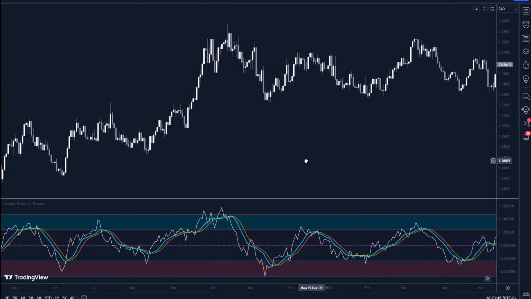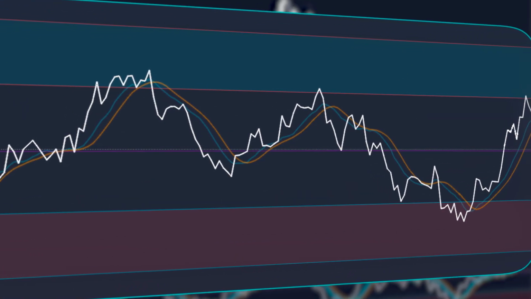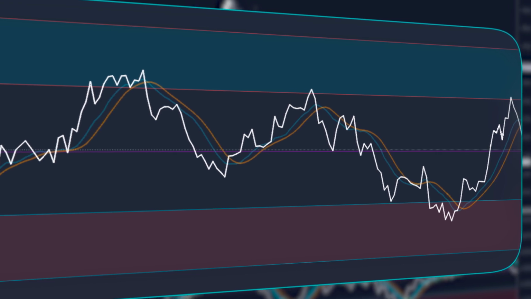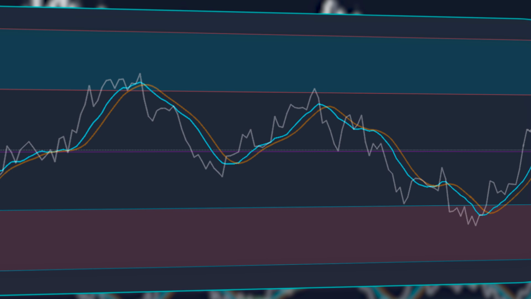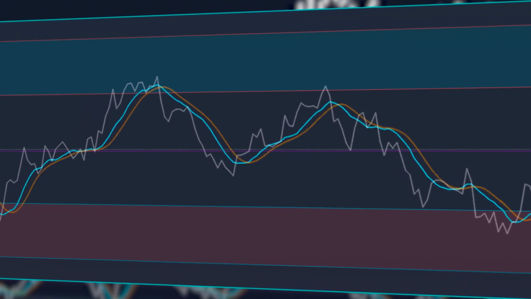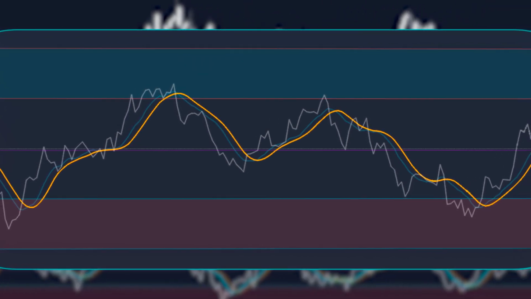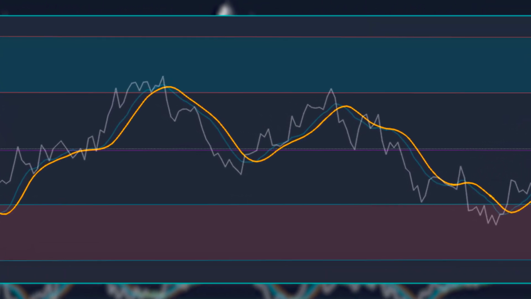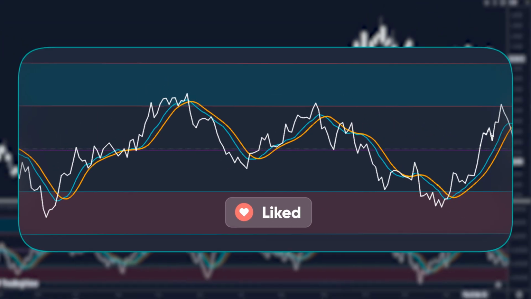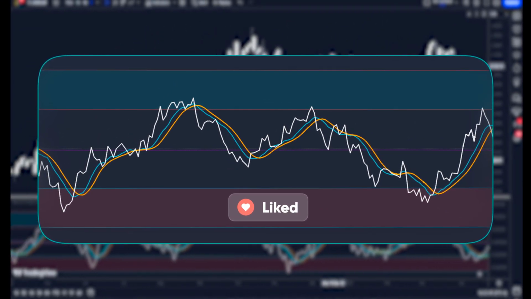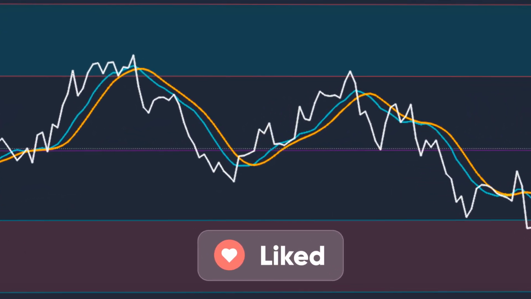The indicator is composed of the following parts. The white line represents the change in the price of an asset over a given number of periods. It is a measure of how much the price has changed during that period. The light blue moving average helps smooth out fluctuations in returns to identify long-term trends. The orange line represents an even smoother version of the previous moving average, helping to reduce noise and highlight the most significant trends. The red and light blue areas help visualize when returns deviate significantly from the average. This can be a signal to traders that it may be a good time to buy or sell, depending on